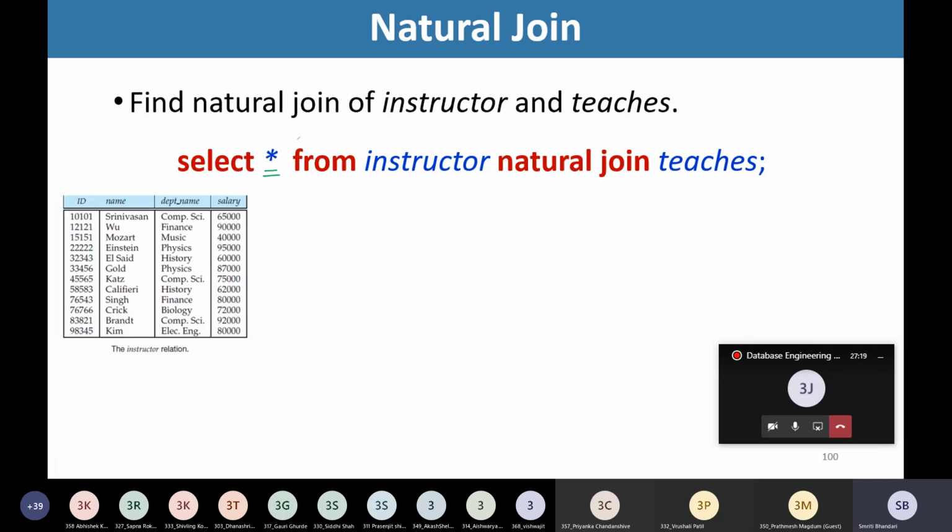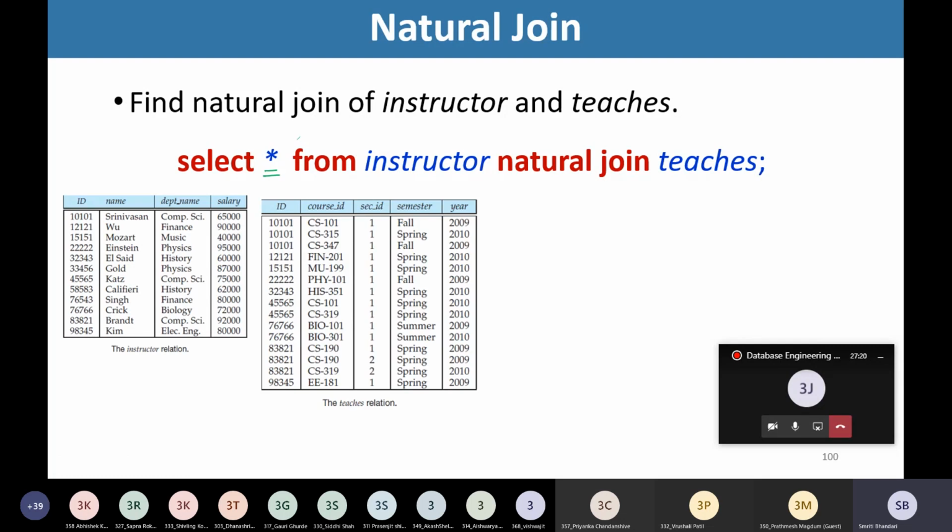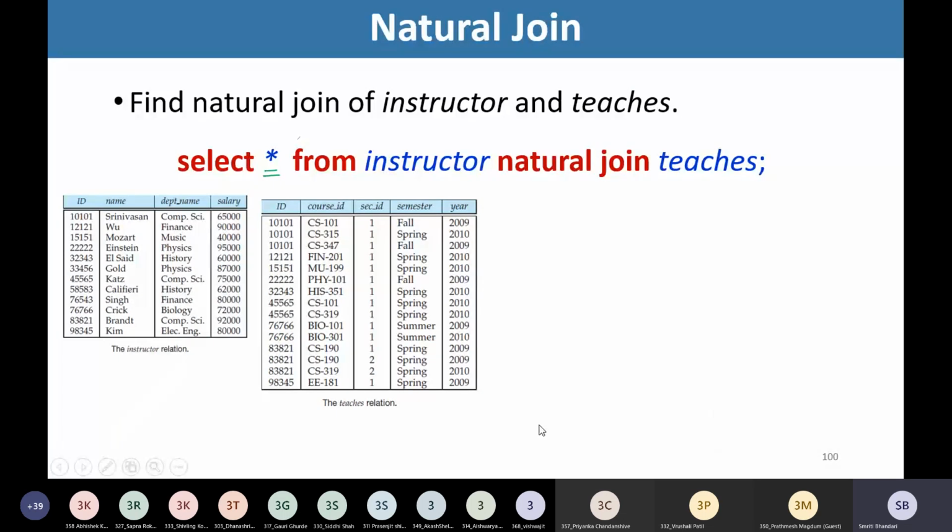So see here, we have this instructor table and this teachers table. As I stated, in natural join, whichever is the common attribute is used. So which is the common attribute here? This ID of the instructor is common in both of these relations. So based on this common attribute, the tuples are matched, right?